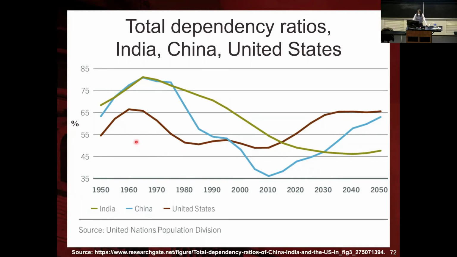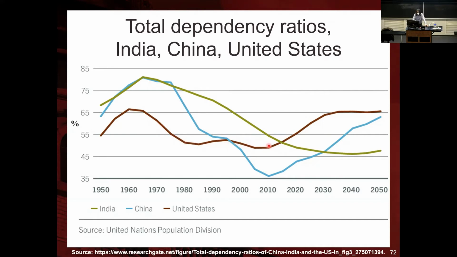So for the US, in 1950, you start to see an increase in the total dependency ratio because fertility is still high. As fertility is high, the number of children increases in the numerator relative to the working age population. So the total dependency ratio increases. As fertility declines, these children proportionally start to be a smaller number in my ratio, and they start to go to my denominator and nobody's replacing them, the total dependency ratio starts to decline and reaches these lowest levels here